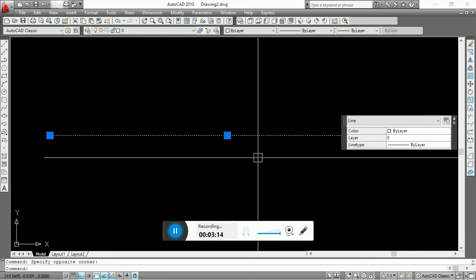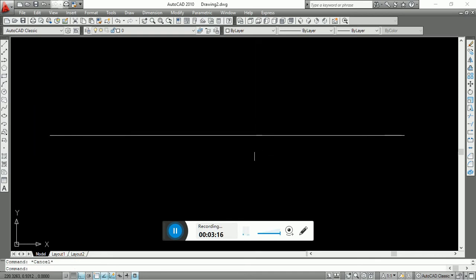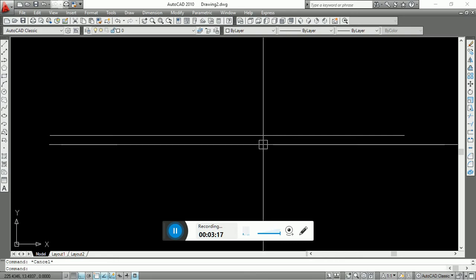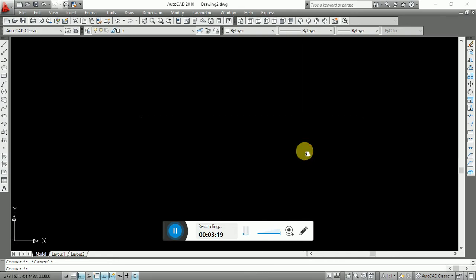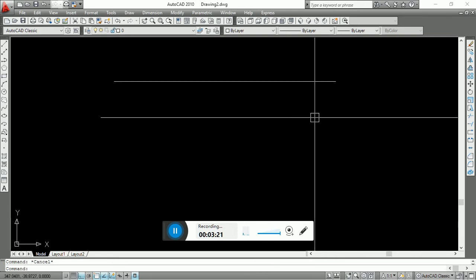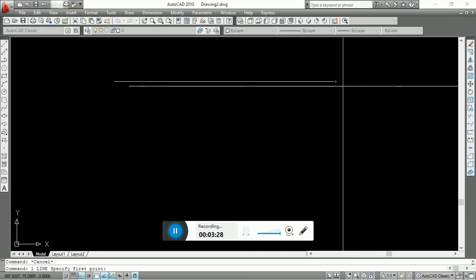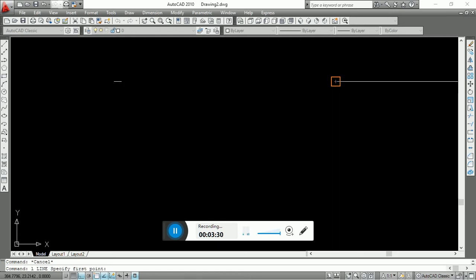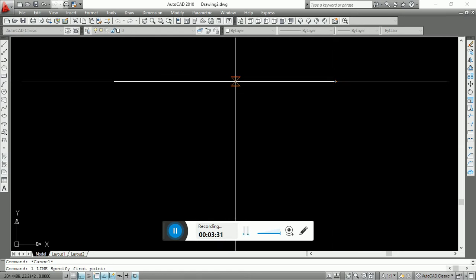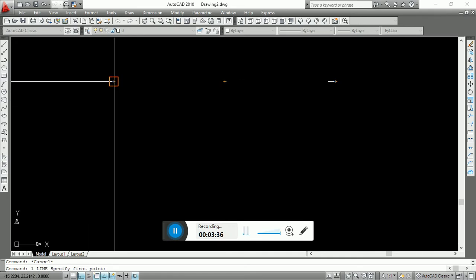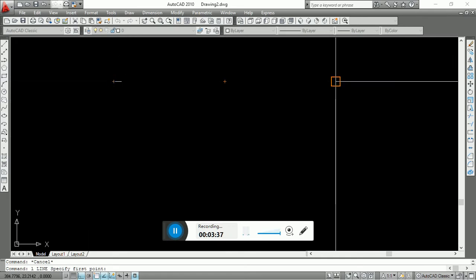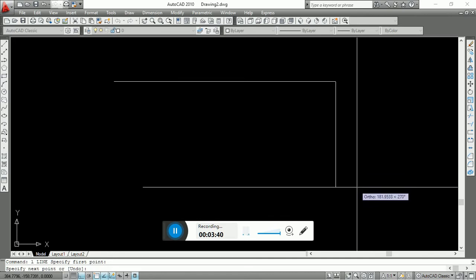Okay, now I will make a rectangle by using the line command. Then again press L space on keyboard. It shows me an endpoint here, a midpoint here, an endpoint here. So I will click on the endpoint here, go down,